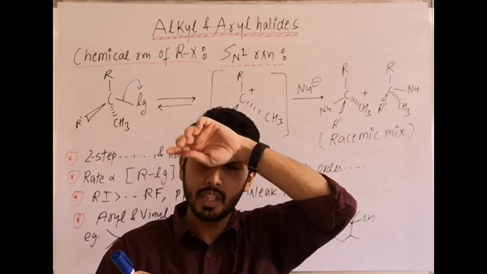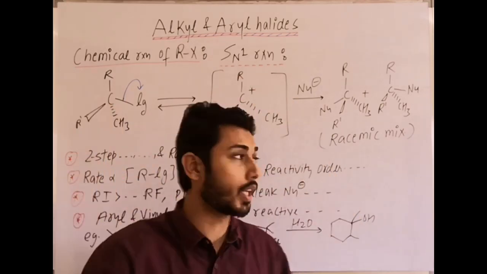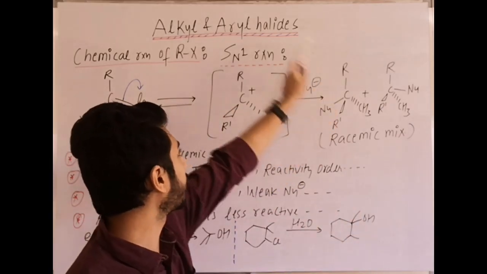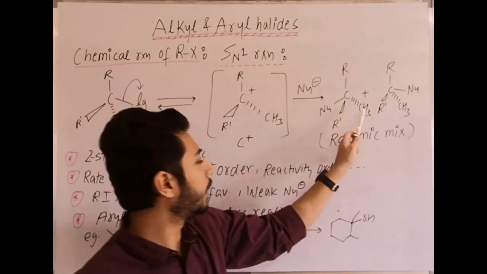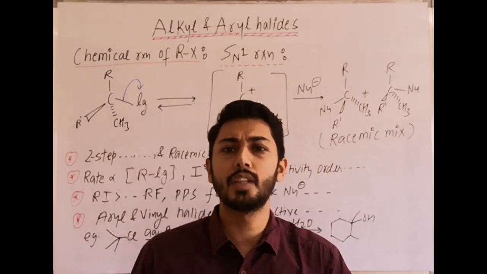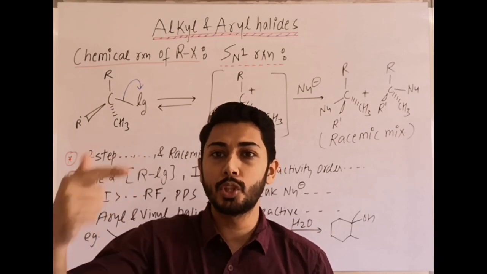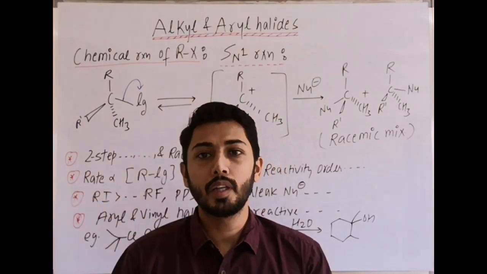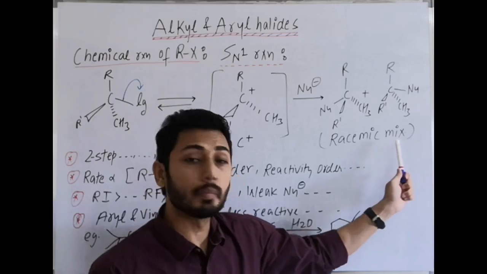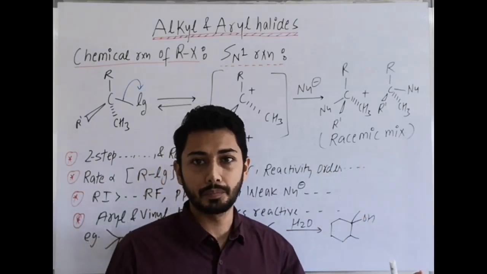The SN1 mechanism is favored by a weak nucleophile. This nucleophile can attack from both sides. It may attack from the front, it may attack from the back side. That is why here we are getting two products. If a chiral center is not there, there is no need to write two products. Why? Because here I am maintaining the stereochemistry. That's why an important point arises, which is a racemic mixture. Theoretically, we say a racemic mixture is formed, right?